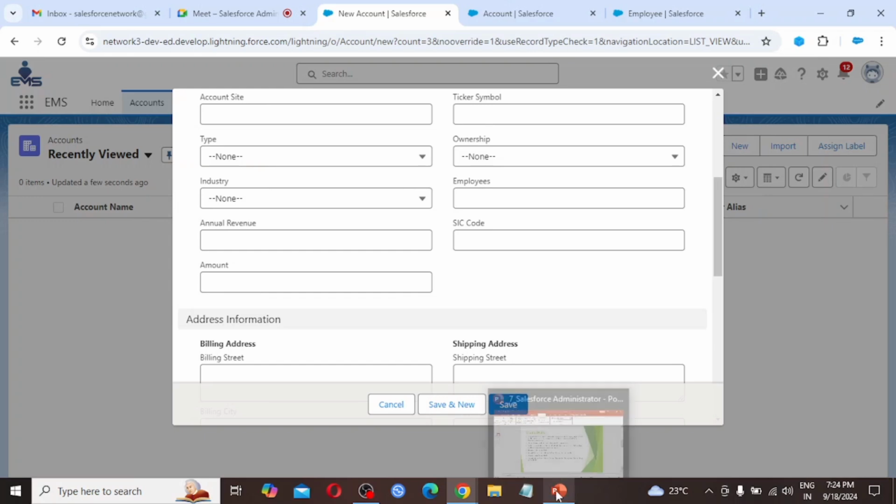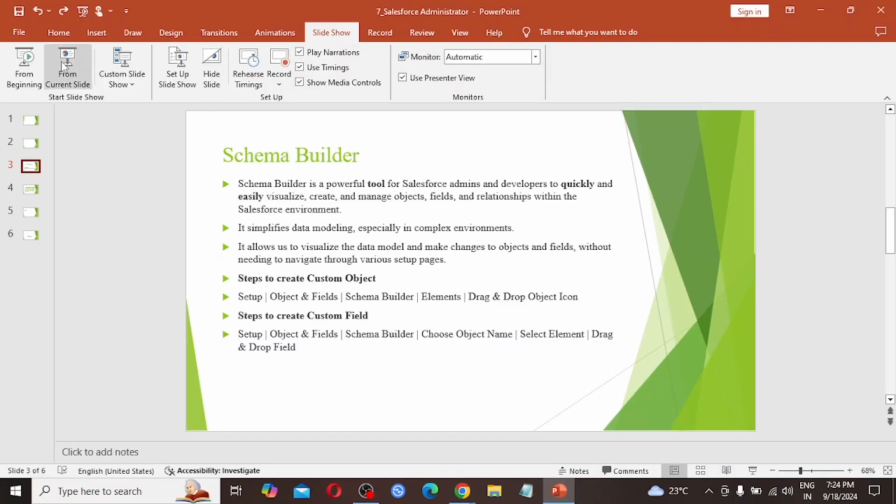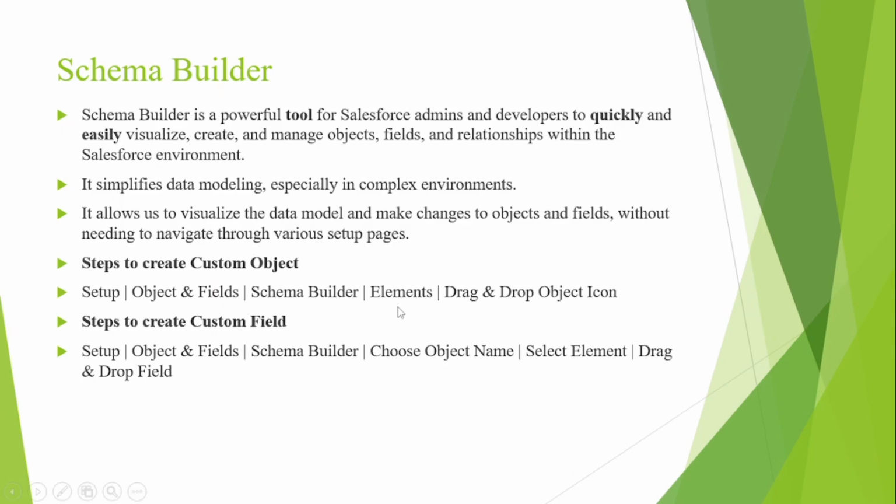So now we are coming to our today's session, that is schema builder. So today's topic is schema builder. Schema builder is a powerful tool for Salesforce admins and developers to quickly and easily visualize, create and manage objects, fields and relationships within the Salesforce environment.